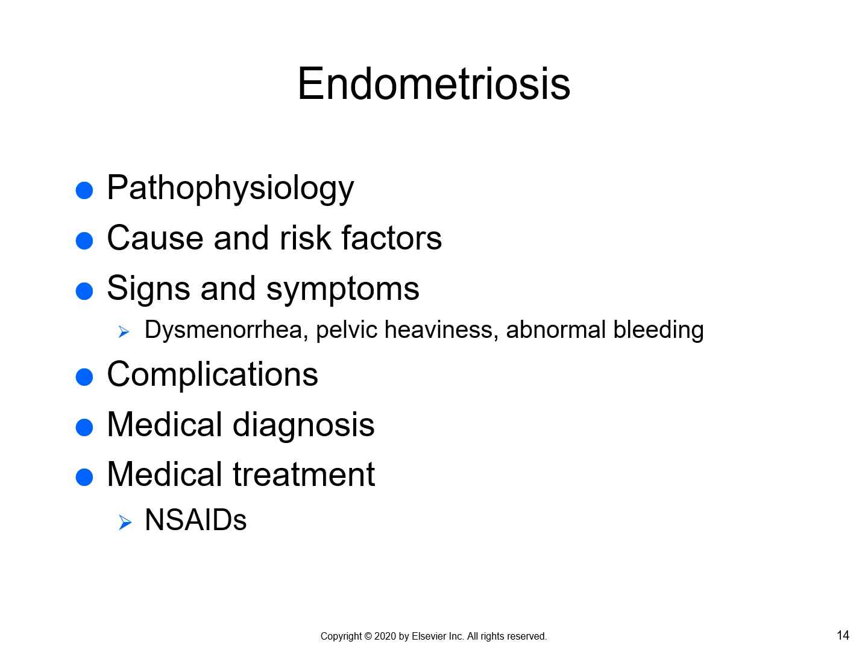So the problem is that every month, when the woman goes through a menstruation cycle, those tissues, even though they're not in the uterus, are still acting and behaving the way the endometrium does. So they're still going to shed, they're going to proliferate. Because of that, the patient is gonna have some kind of pain. They're gonna have dysmenorrhea, they're gonna feel pelvic heaviness and abnormal bleeding.